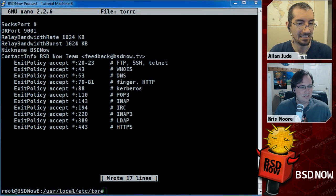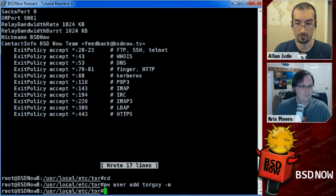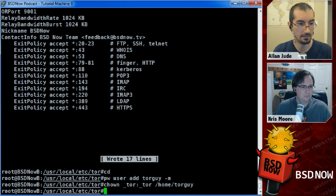So you don't want the real address to be leaked at any point, whether that's just a message on the service or it making an outbound connection or anything like that. For example, if you want to run a website and mirror something or whatever, and install Tor, so what we'll do is we'll make a new user called Tor guy. We'll make it so the Tor service owns that home directory. And now if we edit that tor.rc file again,